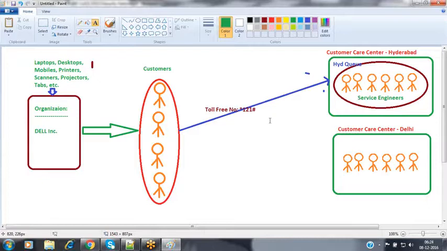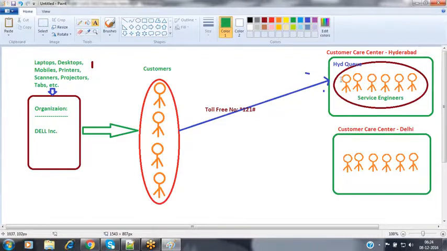So in this kind of scenario, how can we escalate from one queue to another queue? We can escalate. We have to calculate how long the record has been inside the queue, and based on that time period, we can make it escalated. In the service cloud concept, escalation rules will configure all these processes. Now whenever you assign the record to the queue, the queue automatically becomes the owner of that record.